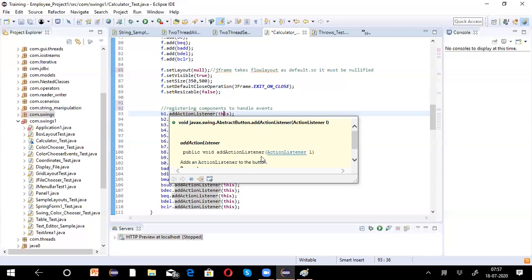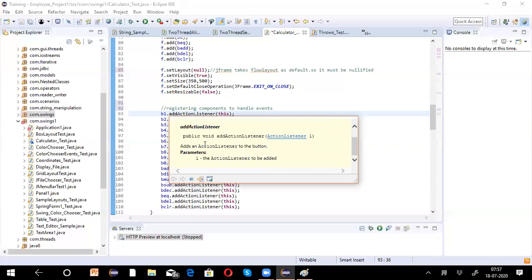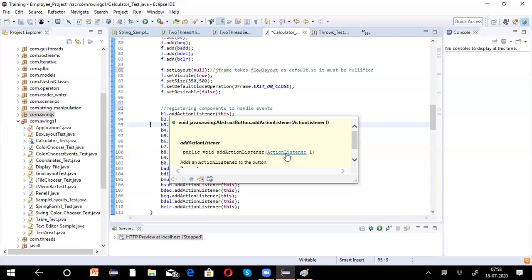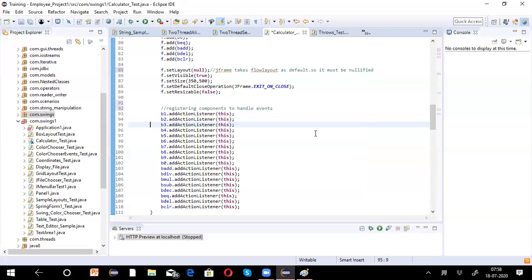This method adds an action listener to the button. Similarly, to all buttons, we have to add action listeners. Button 1 dot add action listener. Now what is this action listener? Let's see its API, what is given by Sun Oracle.